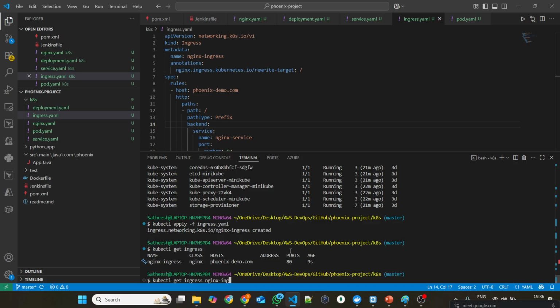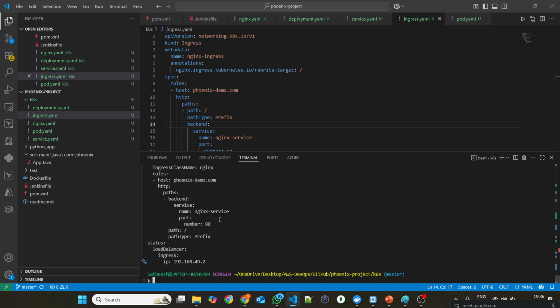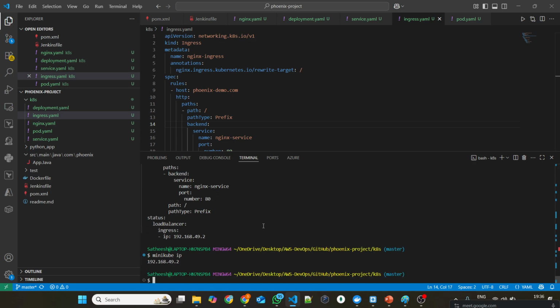If you see the Nginx ingress configuration now, kubectl get ingress nginx-ingress -o yaml, there is a section called ingressClassName. We didn't specify this parameter, but since we installed this ingress controller, it provided this name by default: ingressClassName is equal to nginx. So we have phoenixdemo.com, and we have a load balancer. The status load balancer IP is 192.64.2. Now if I type minikube ip, it is going to give me an IP